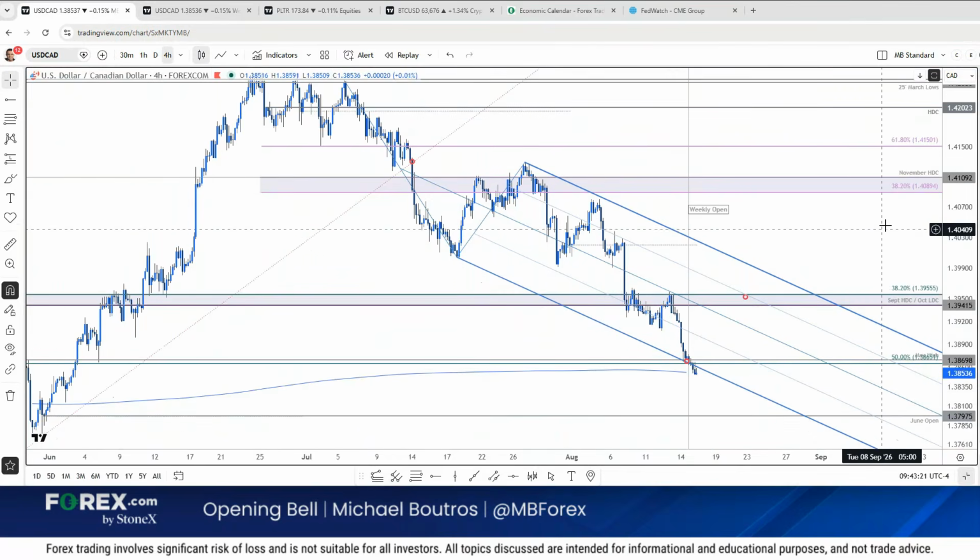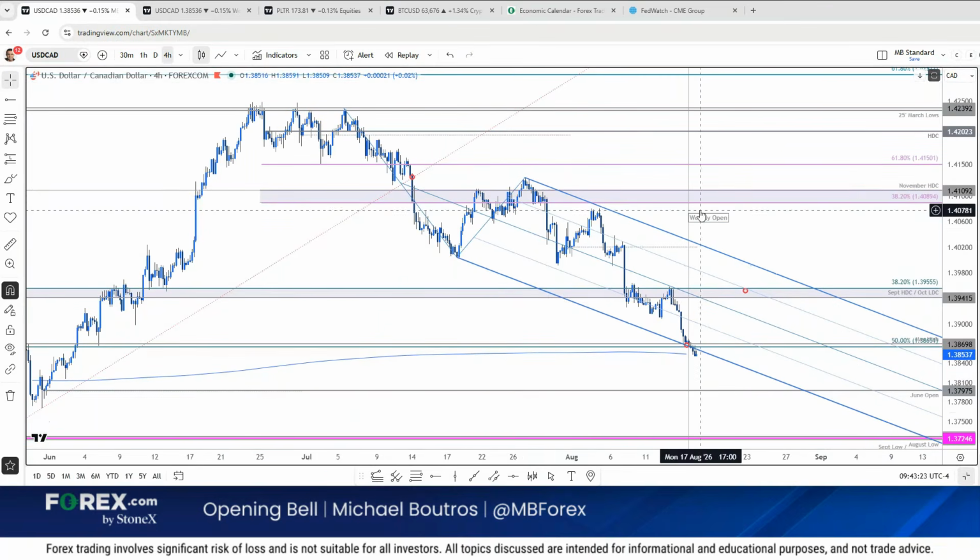Here's the 4-hour chart. Even the near-term slope we've been tracking off the high. Here's the lower parallel. Boom. This is why we were looking for a reaction right here. It's now also just a bit higher at 38.74 is the objective weekly open. So again, you'd want to see that hold resistance.